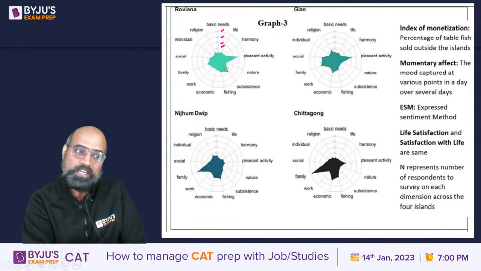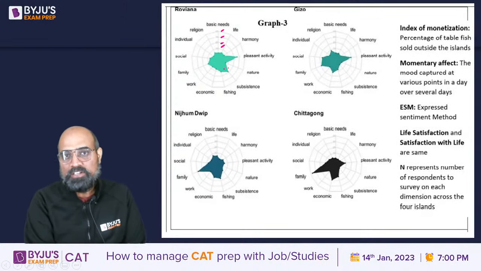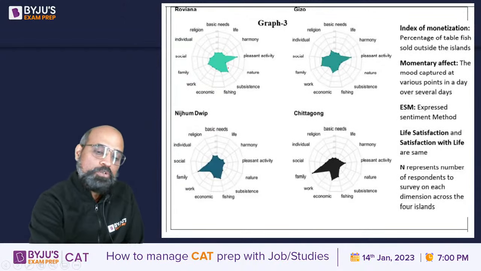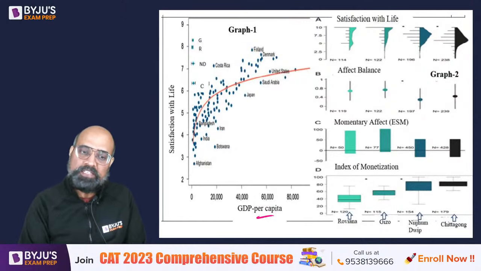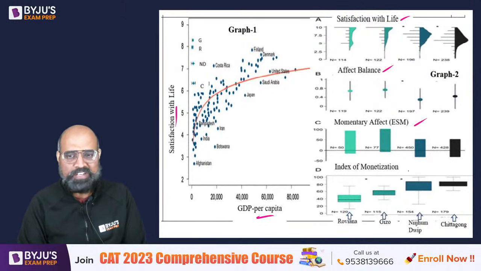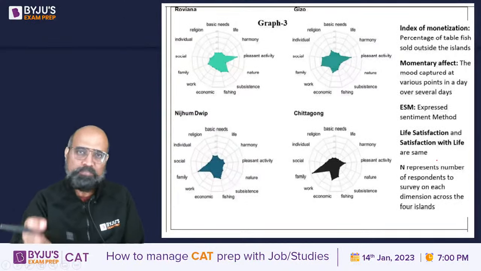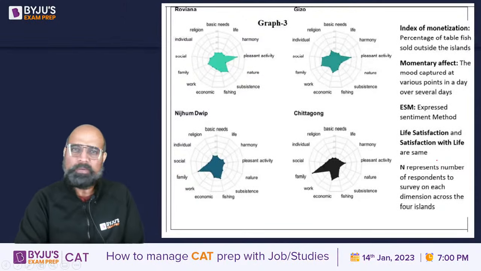As in, the answer sheet that came to us, not answer key, sorry, the answer sheet, is quite clear. It was not like that in the exam. So that was very bad. But still, all the questions could have been answered. Okay, so this is graph one. It's about GDP per capita, satisfaction with life, affect balance, momentary affect, index of monetization. It's all there, all nonsense. If you try to read what is written in the graph and what it means, it will make no sense. A typical XAT